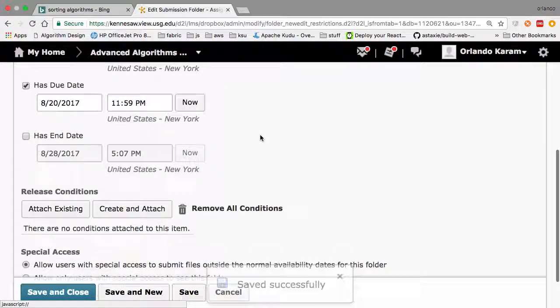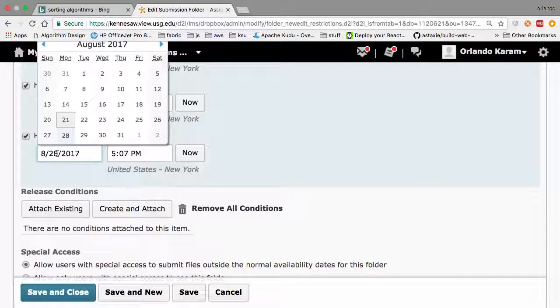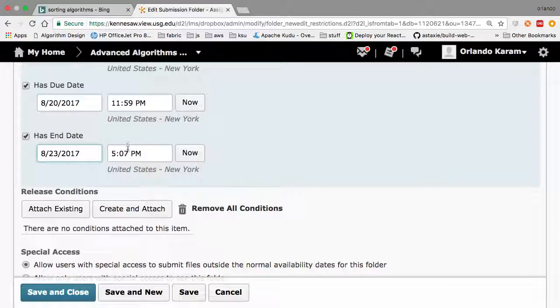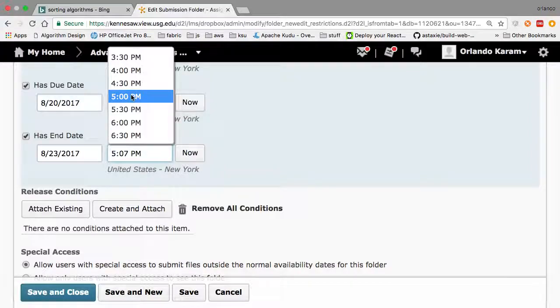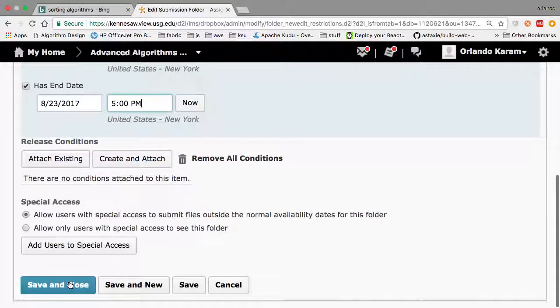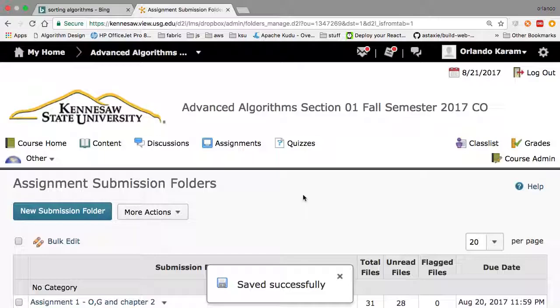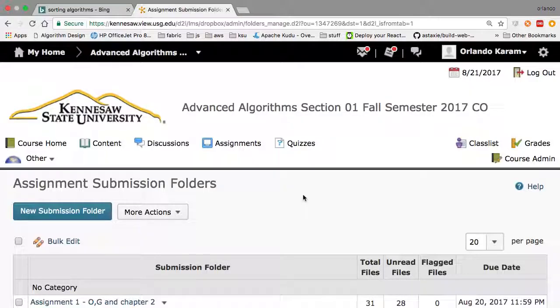Oh, that is good. Due date is the 20th, but what I should have is an end date, say the 23rd at 5. Hopefully that means you should still be able to submit, right? Was it you who couldn't submit because it was past midnight? Somebody sent me a frantic email, like, it's past midnight, at 12:15 or something. Okay, so now you can submit, and we'll talk about it